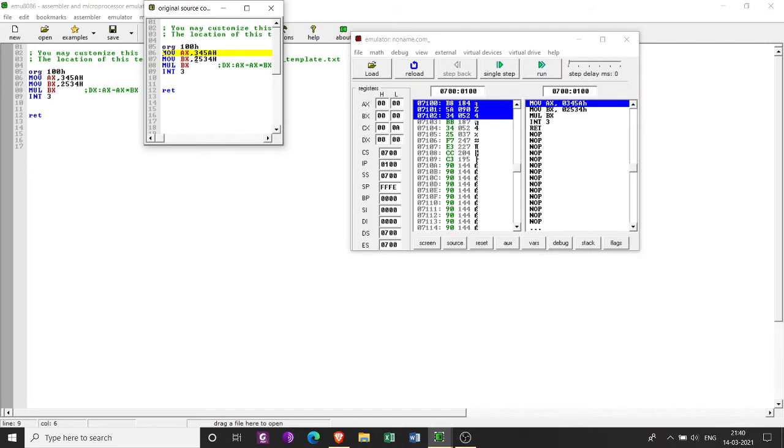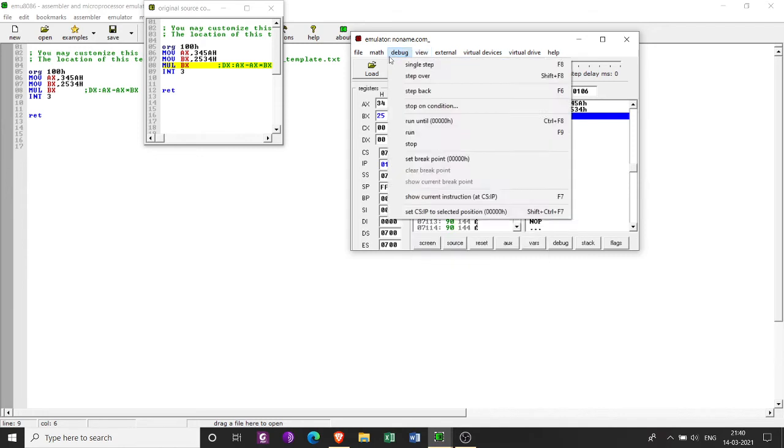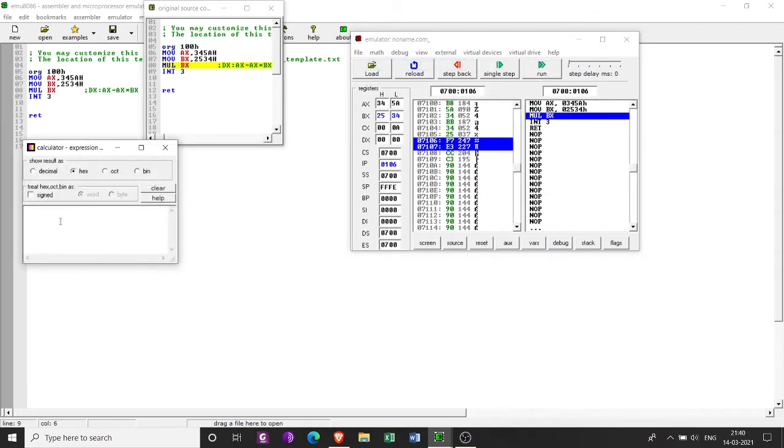First I am copying a 16-bit number into AX, 345A. So 345A is copied. Next I am copying another 16-bit number, 2534. And what is the expected result, that we will do first. The first input is 345AH multiplied by 2534H.